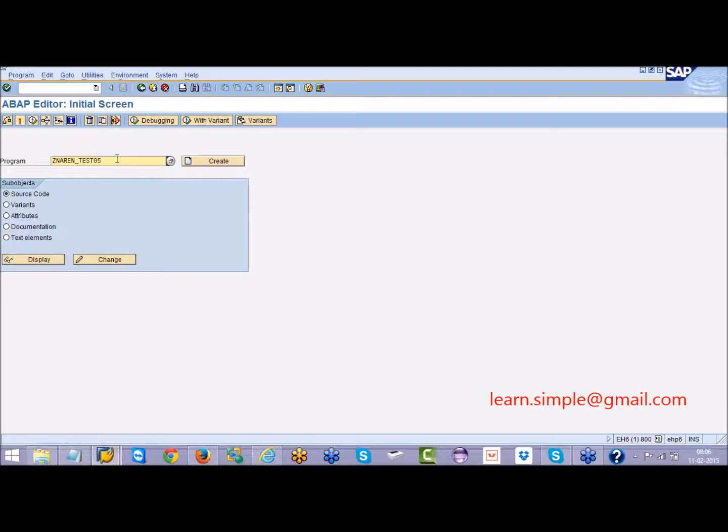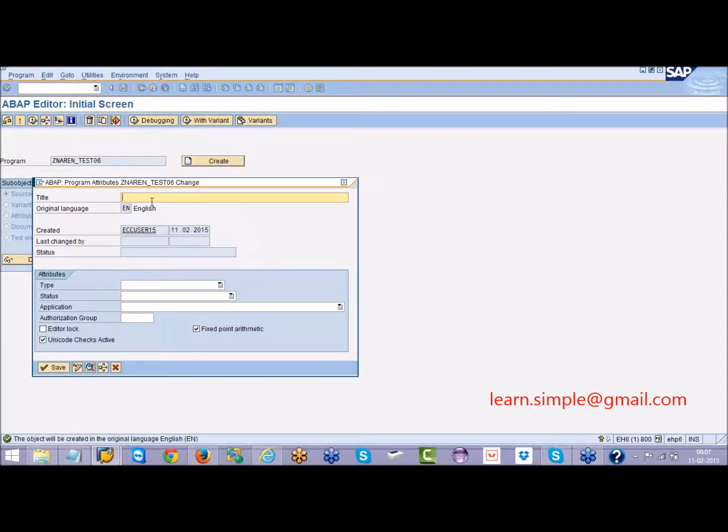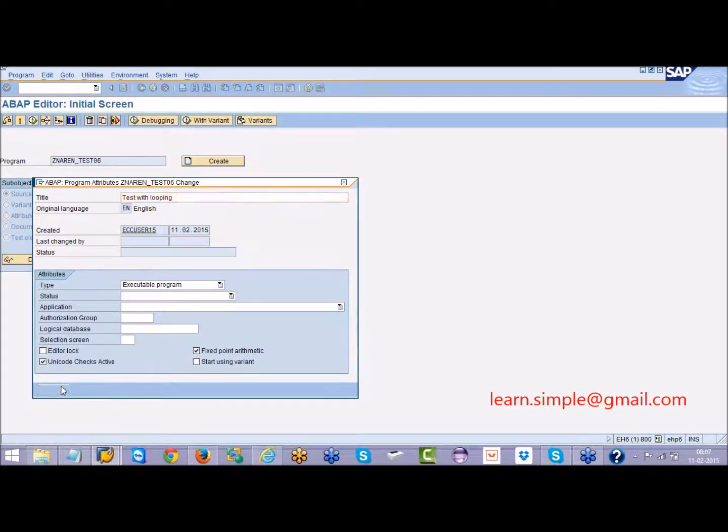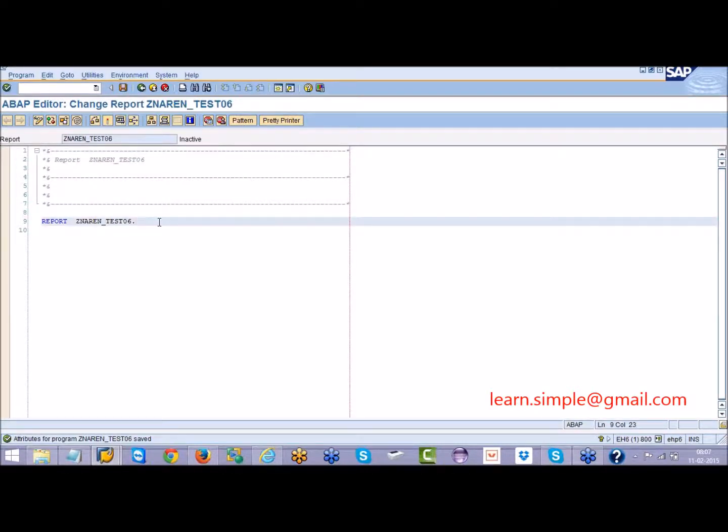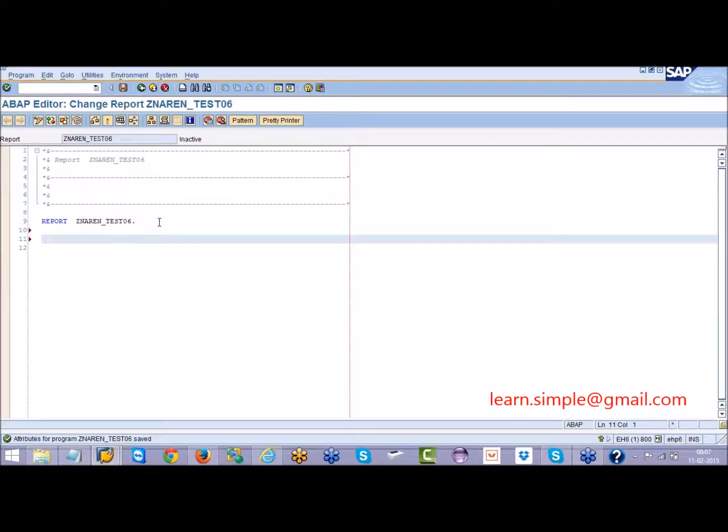So in the next program, we are trying to see some looping statements in SAP. Looping statements. What is this looping statements? Sometimes what will happen, we need to do a work repeatedly. For example, I want to print a same number 10 times. How can I do that? Let us see. There are two looping statements. One is called a do loop and another one is called while loop in ABAP. So do loop and while loop are supported in ABAP.